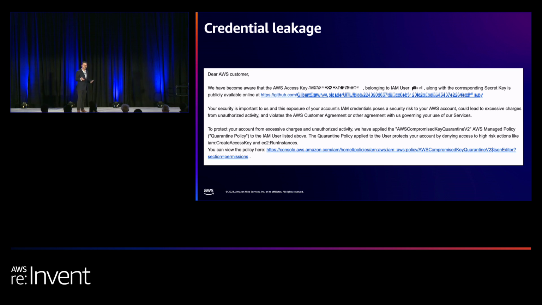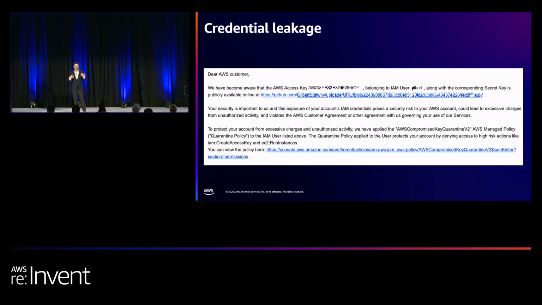So this is a letter from Amazon, from AWS Security, that detected that this happened, and the detection occurred just a few minutes after the password exposure. So AWS is always watching for this kind of exposure, and they reached out to the customer saying that your credentials have been exposed, and we've quarantined this particular identity in order to protect you. But the takeaway here is that it just took minutes from the time that the credentials were exposed to the time that they were actually